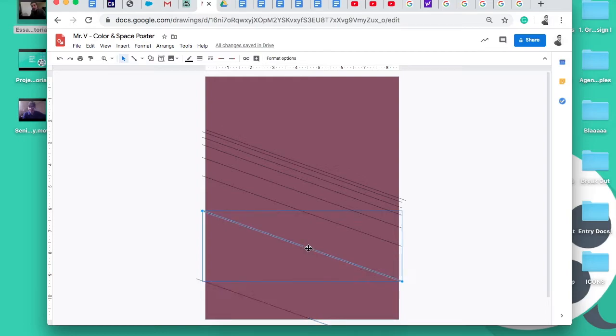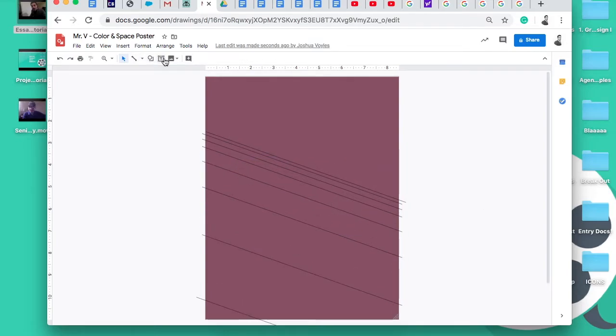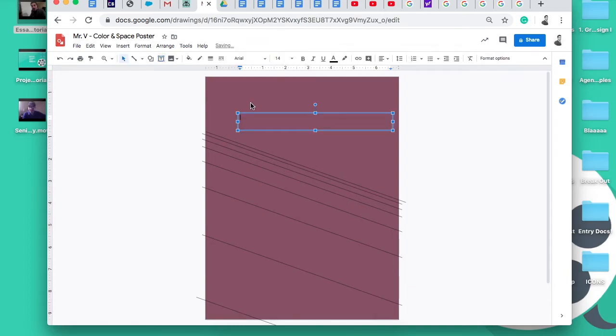Lines separate the further, or the closer they get, or I guess you could say they compress together the further away that they get. So I'm going to come over here and I want to click out a text tool, and you'll see here whenever you click out a text box that all of these other options for text will appear. And I'm just going to go in here and, for the sake of the tutorial, type out color and